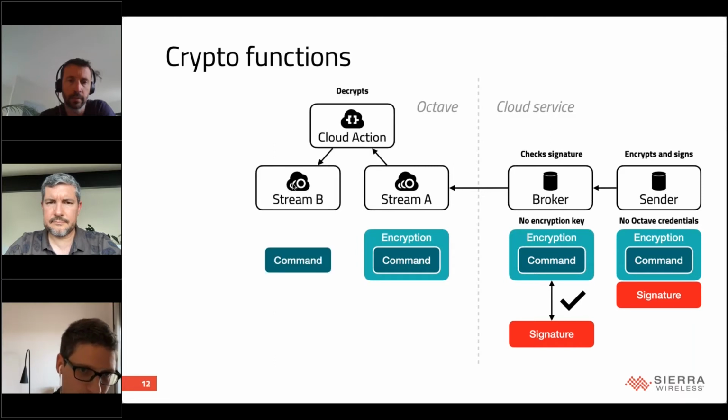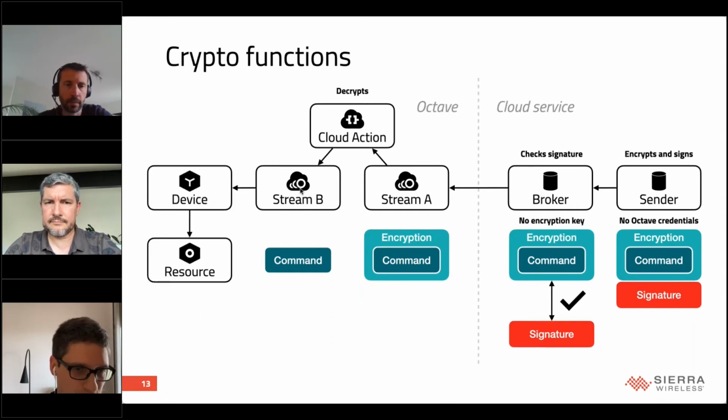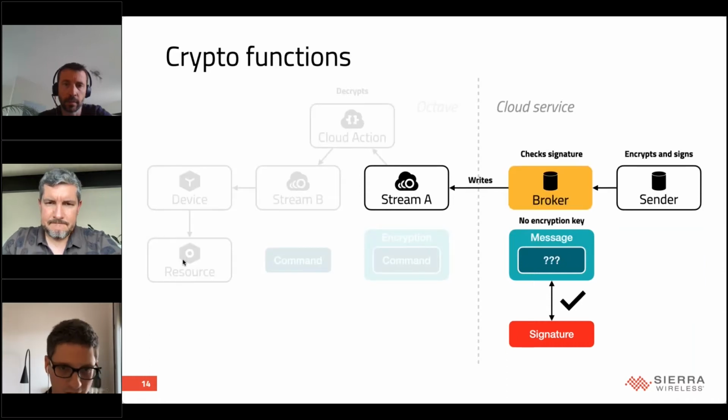And then a cloud action will decrypt that using the key that the sender used. So the broker has absolutely no idea what's going to be sent. And then, since it's a command, it's a command stream of the device, and it will send that to the device and update the resource. So again, the broker has no idea about the rest of the solution. It only knows the sender. It only knows how to